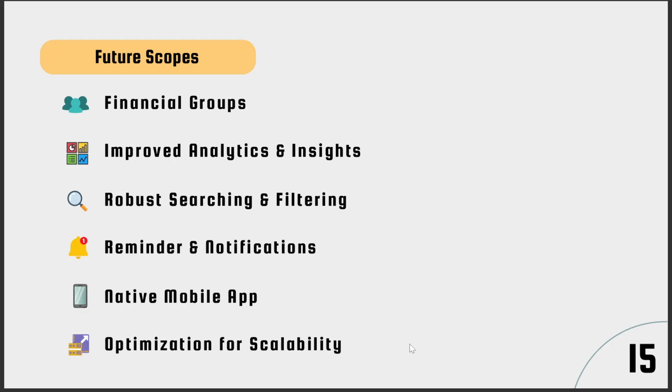Now I'm going to discuss the future scope of our project. We can introduce financial groups which will allow users to track their income and expenses in a common group, so they can split their contributions and participate in shared expenses and other financial group related things. We can improve the analytics and insights for our project. We can introduce robust searching and filtering for finding transaction data easily. We can introduce reminders and notifications for user